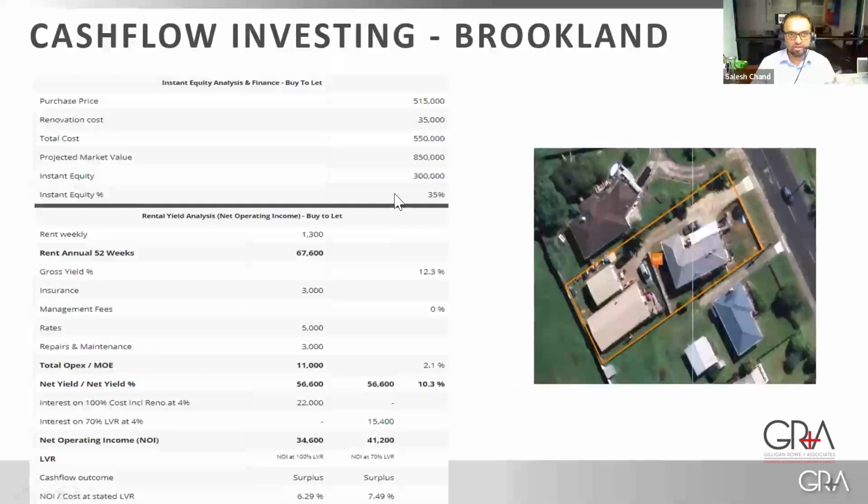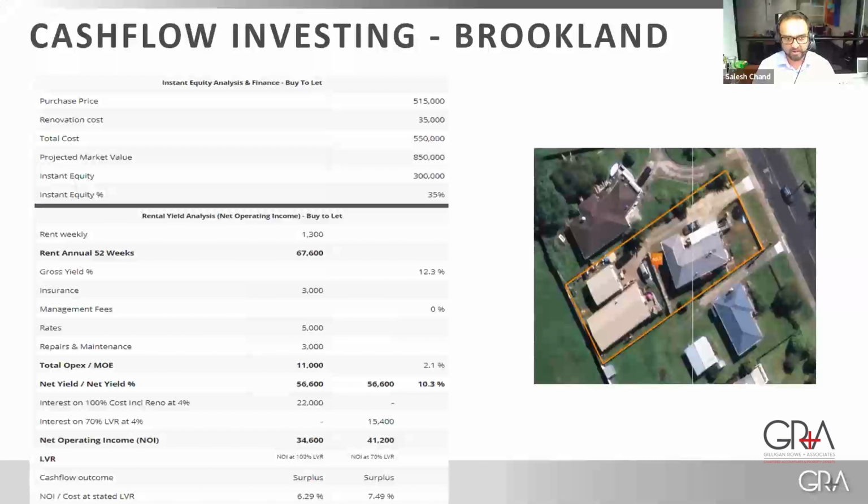Now, what I want to show you is cash flow investing. This is cash flow investing, basically property that I bought, I think 2 years ago, 2.5, 3 years ago. We bought this for $515,000 in Rotorua. So you can see front house, back house. The front house has a little 1-bedroom unit as well. We spent $35,000 on renovation. Total cost was $550,000. Our projected market value back then came at $850,000, so we got to refinance and use